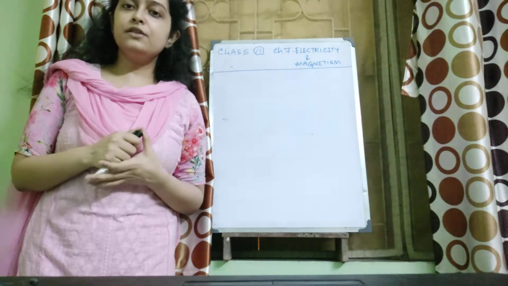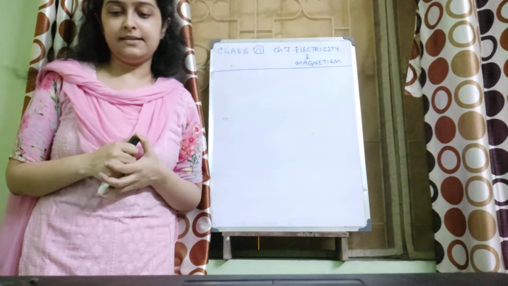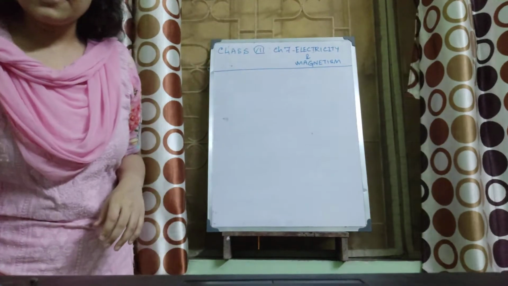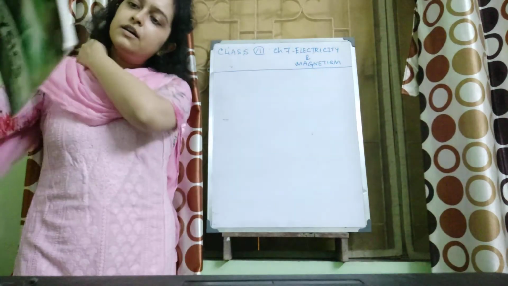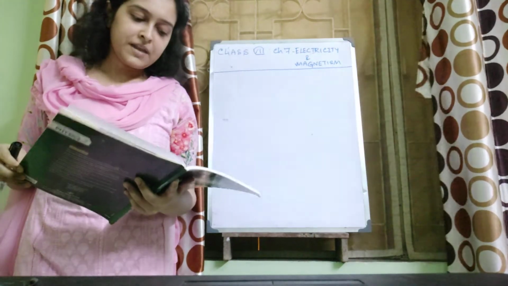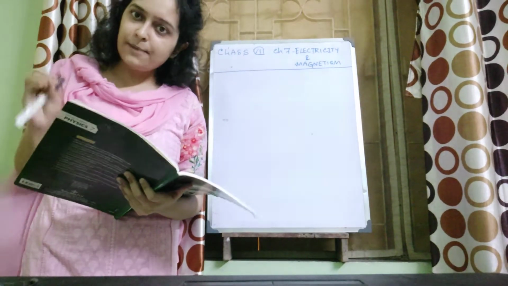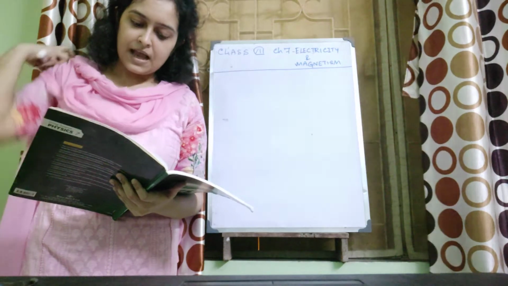Class 7 will start with a new chapter, okay? Chapter 7, Electricity and Magnetism. Now, see the first page of your chapter, you have laws of magnetism and test for a magnet. So, these two we have already done in class 6. So, I am not explaining once again.